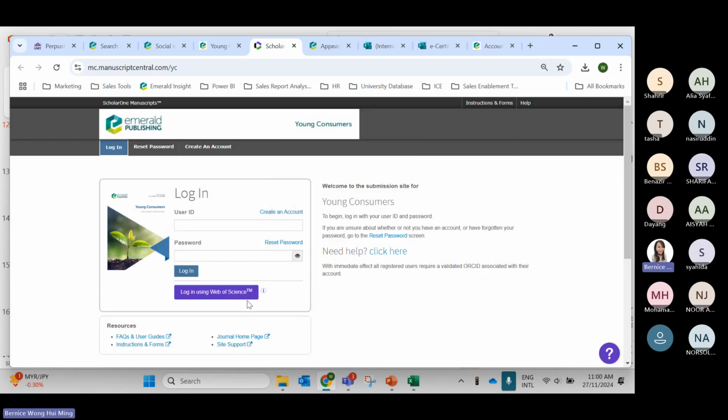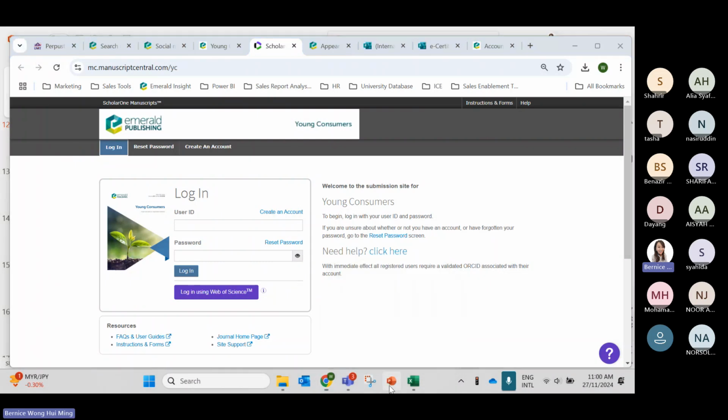if you have Web of Science, you can log in with your FSI, but of course you will need to create an Emerald account to check your status. If you have any question regarding this submission portal, you can click here, or if you require any site support, you can click here. This is regarding the submissions portal questions. Okay, so this is how an author can select a journal, write journals, and go through the publisher portal.